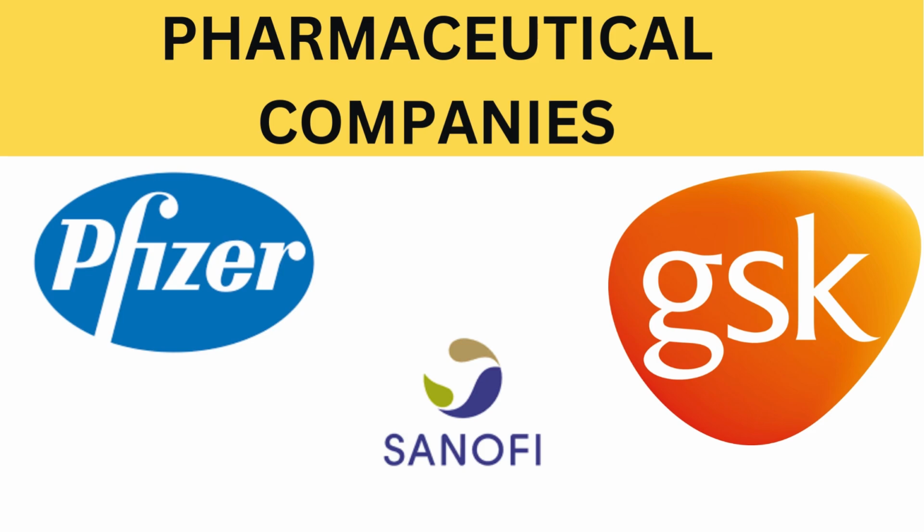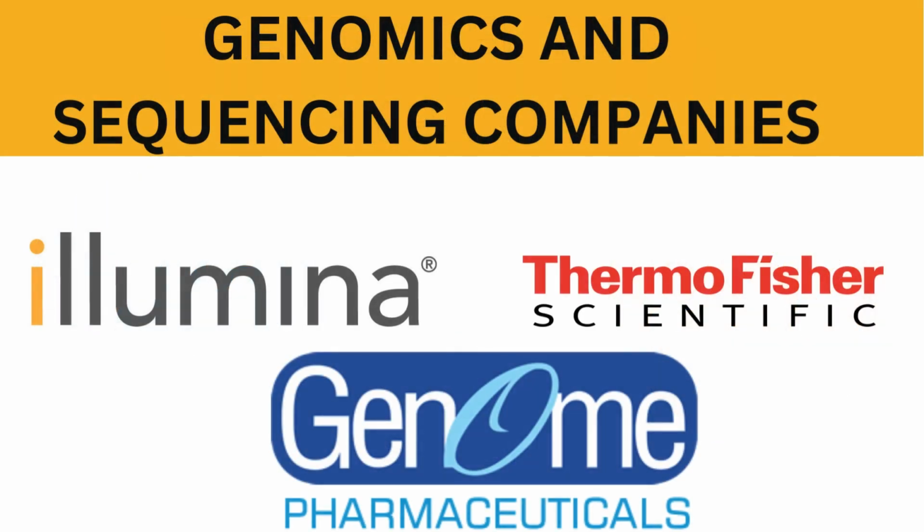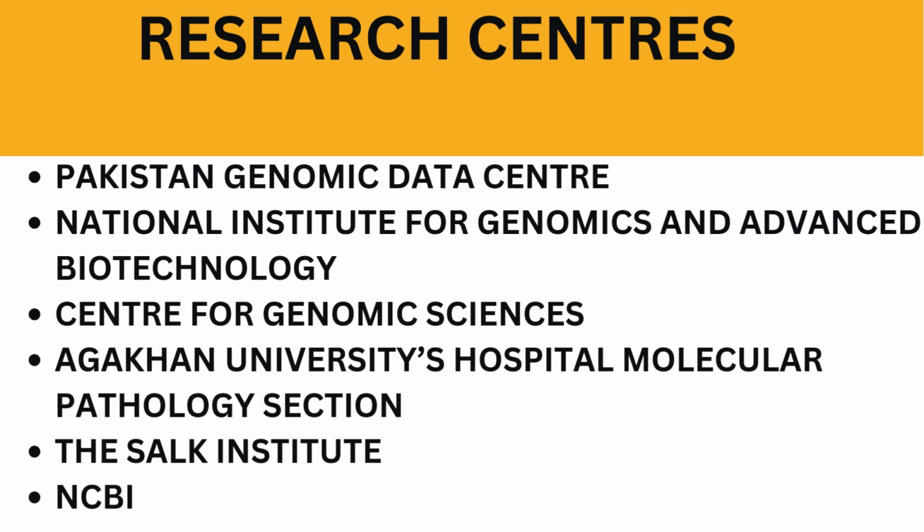Whereas genomics and sequencing companies also rely on bioinformatics to unlock the secrets of personalized medicine. By deciphering genomic codes, bioinformaticians develop targeted therapies, improve diagnostic accuracy, and enhance patient outcomes. Meanwhile, research centers utilize bioinformatics to unravel the complexities of biological systems. By analyzing large-scale biological data, bioinformaticians identify patterns, predict outcomes, and advance basic and translational research. Here, I already mentioned the name of some renowned centers who are growing fast in this field.